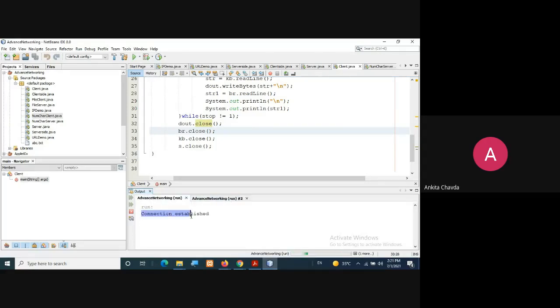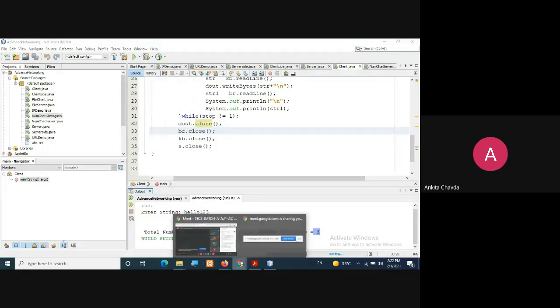So here the connection has been established. Now I can enter the string here. I'll write hello123, suppose. So directly it will send the same thing to the server. The server is counting the number of characters and digits, and it will send back to your client, and at the client side this message will be displayed: number of characters 5 and total number of digits are 3. So this is how they are printed.